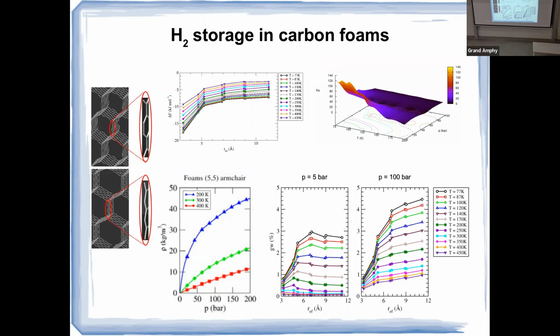And you can see, for example, how it changes with respect to the size of the pores and the temperature of the external gas. You can compute the equilibrium, the reaction constant, the ratio between the absorbed and dissolved molecules as a function of thermodynamic conditions, the temperature and the pressure. And that gives you, for a given nanostructure, if you want to store hydrogen, the optimal operation point, the point that is most convenient in order to absorb more hydrogen. And then you have the quantities I told you before. This is the volumetric capacity. I don't see the point here.